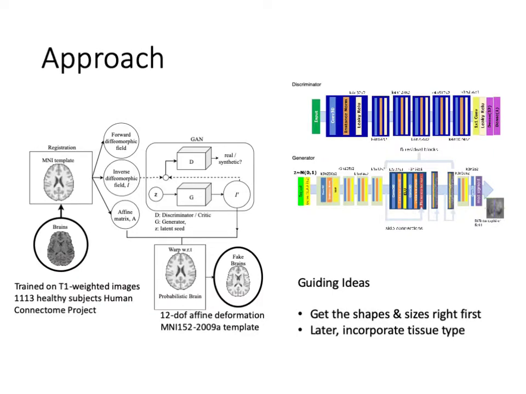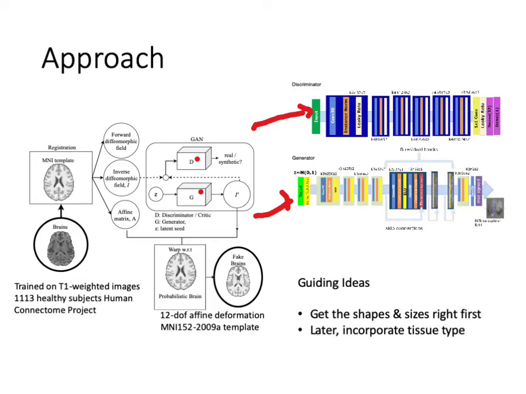Our approach is to use a generative adversarial network algorithm to train two deep networks. They are known as the discriminator, with this architecture, and the generator here. The role of the discriminator is to decide if a particular MRI image is really similar to the training data set or different. And the role of the generator is to synthesize a perfectly synthetic three-dimensional T1 anatomical MRI image.